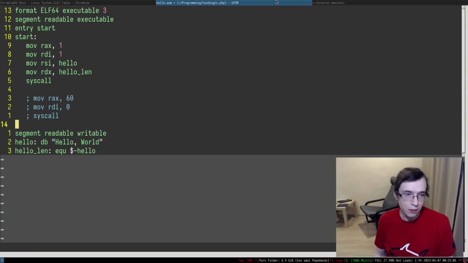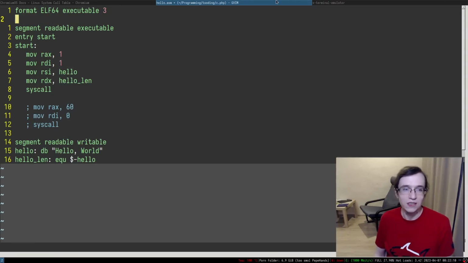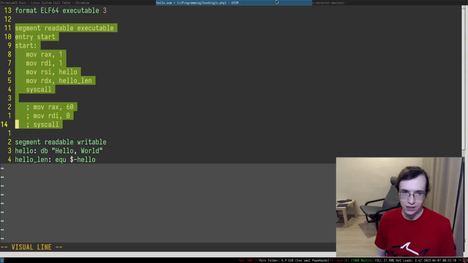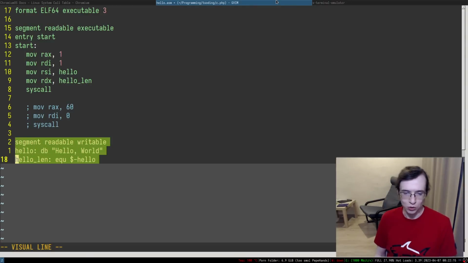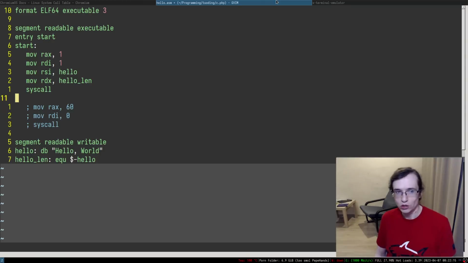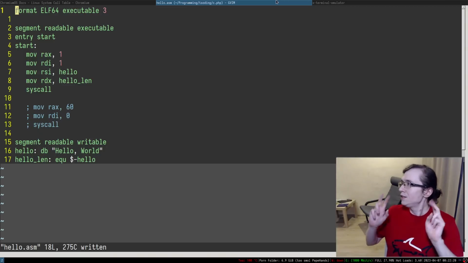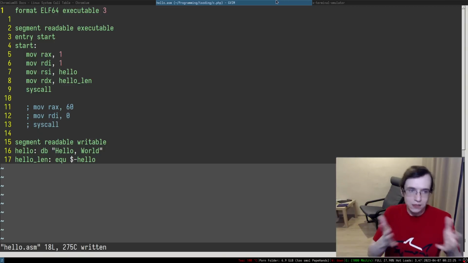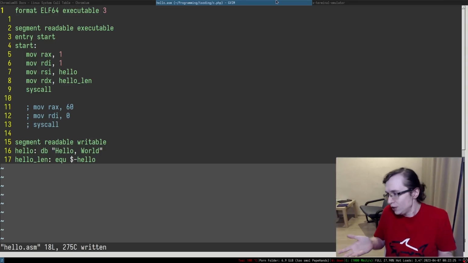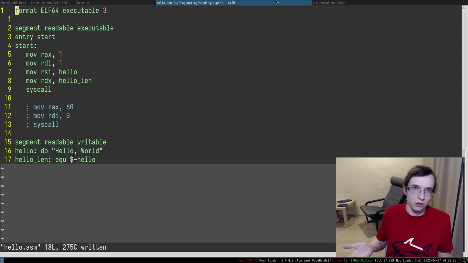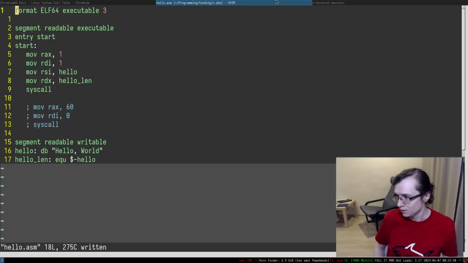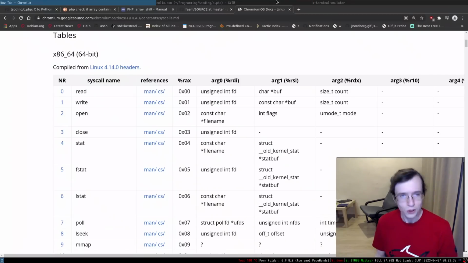Right, so you have a couple of segments, but this is specifics of the ELF format. So in this segment, we store the actual instructions. In this segment, we store the data that the instructions can use. And that's pretty much it. So the only maybe gatekeeping factor in this entire thing is the boilerplate. But that is actually easily solved by ChatGPT, right? So you can literally ask ChatGPT, give me hello world in fasm. In fact, I think we can even try to do that.